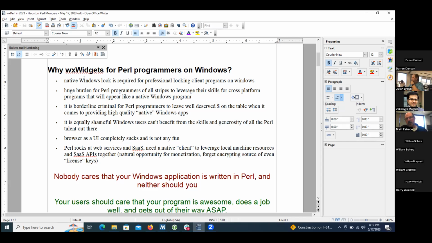Talked about there's a huge burden for us to do anything cross-platform, and really my goal isn't cross-platform. It's just convenient that WX widgets is cross-platform. And personally, I kind of use some strong language in here, but I think it's borderline criminal that Perl programmers don't. I mean, we leave so much money on the table, and I'm not money hungry, okay, but I know how freeing it was to become an independent contractor, even though it was kind of scary. I know how freeing it felt, and I really just want to be able to continue to do that, have additional options and tools in my toolbox,